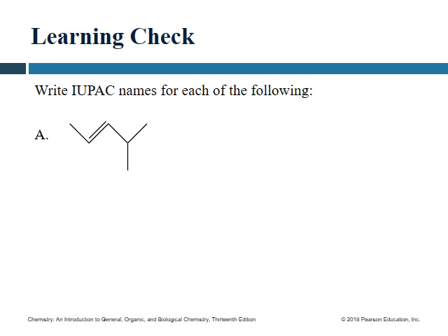So now let's try to name this molecular compound. So the time I see that I have a double bond over here, I know this is an alkene molecule, and I have to use the alkene rule to write the IUPAC name for this compound. So make sure the first rule says you have to count the longest number of carbons in the parent chain, right? That we learned in the alkane molecule, how to name it. But the only difference is in alkene you have to give